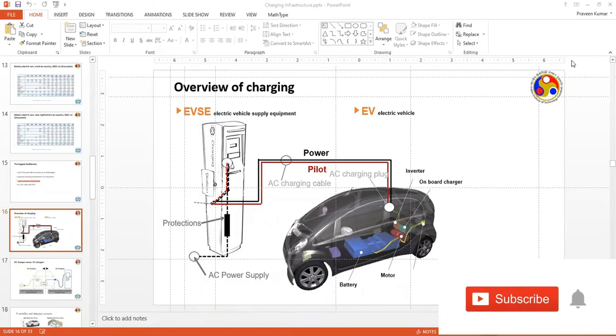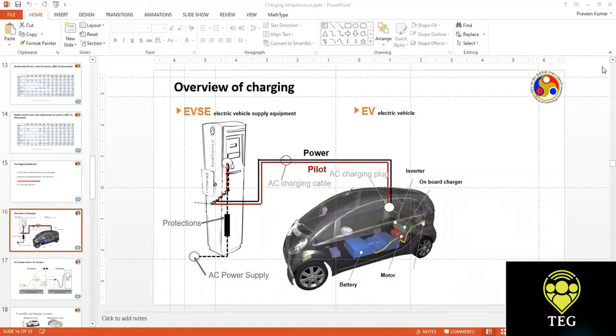What we'll do is, yes, we will have an overview of the charging stations. What exactly is a charging station, what are the systems and subsystems? This will give you an overview, and once you have an overview, then gradually you will be able to understand it in better detail, and if you read the literature in the near future, you will appreciate what exactly a charging station is.